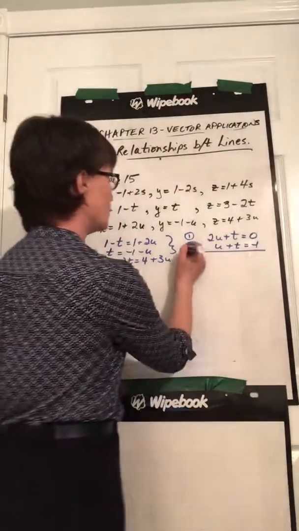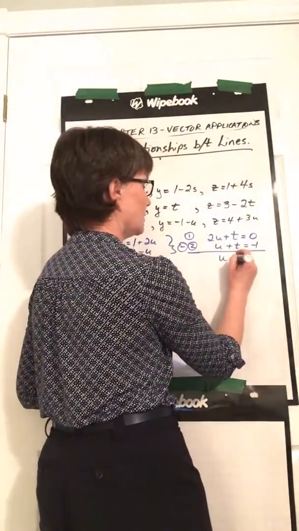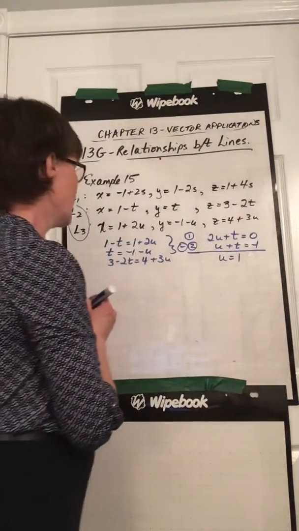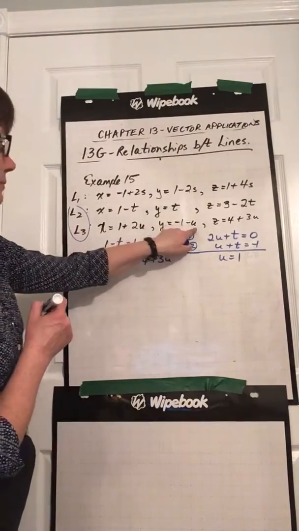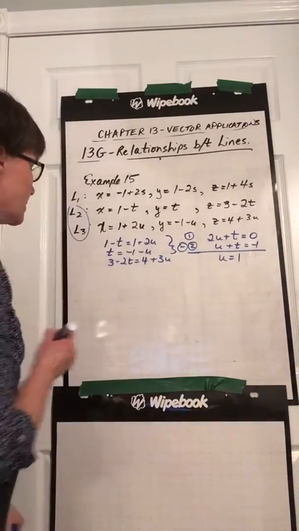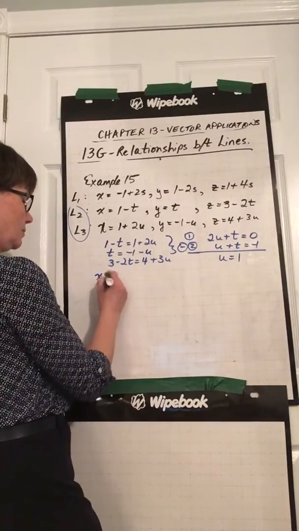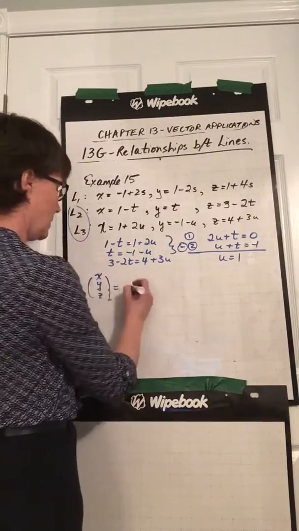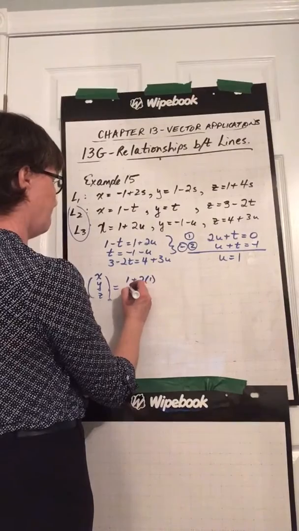We can subtract these right away to eliminate the t's. So we'll have u equals 1. Then we can take u, fill it in here in each of the u spots so that we will have x, y, z equals 1 plus 2 times 1,